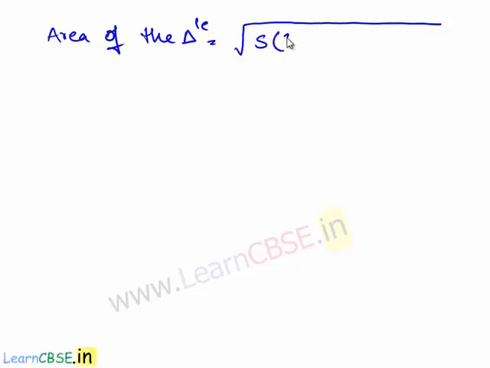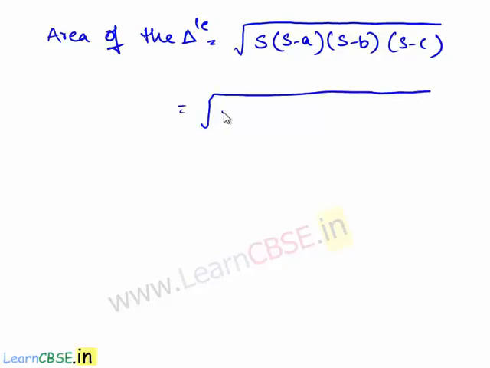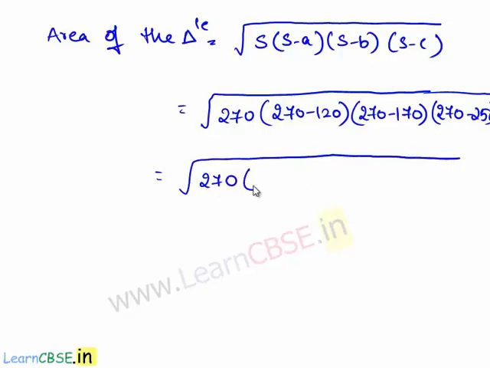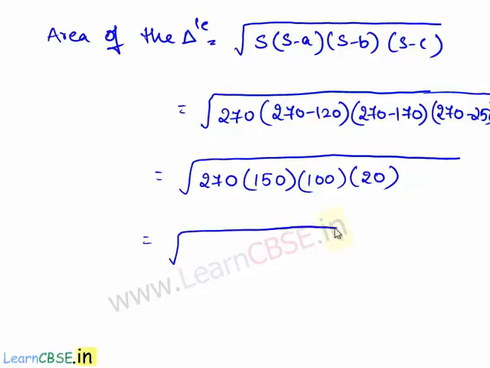Now, let us substitute the value of S and the sides of the triangle in the formula. Area of the triangle is equal to square root of S times S minus A times S minus B times S minus C, which is equal to square root of 270 times 270 minus 120 times 270 minus 170 times 270 minus 250, which is equal to square root of 270 times 150 times 100 times 20. 270 can be written as 9 times 30,